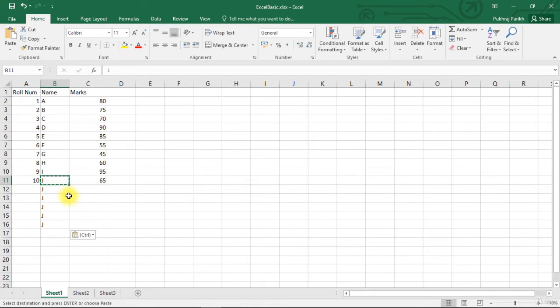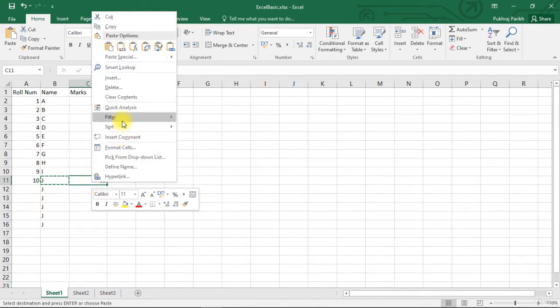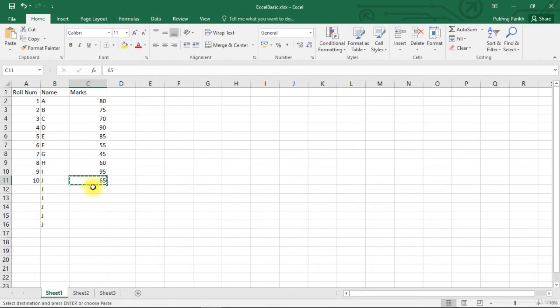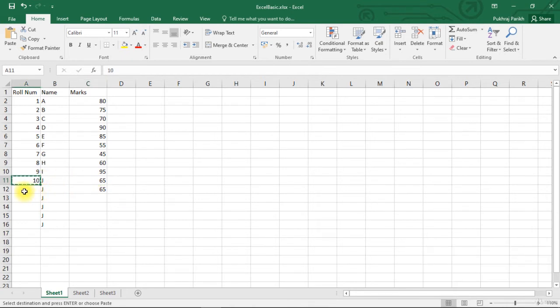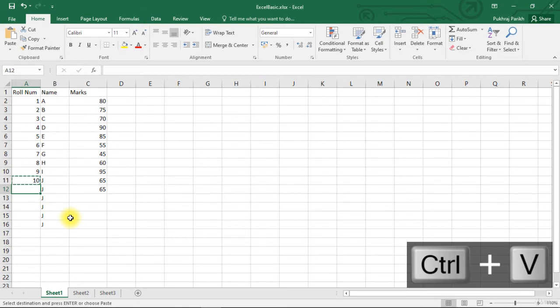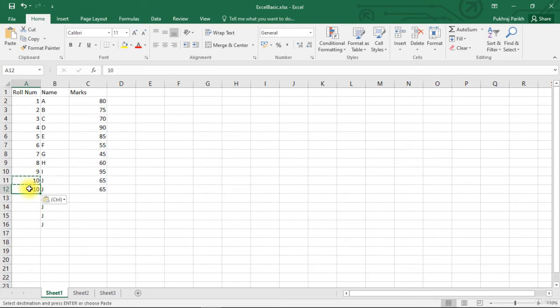Again, for copy pasting also there are 2 more ways. Either right click and select the copy option on the first cell and then right click and paste on the destination cell. Or we can again use shortcuts. The shortcut for copying is Ctrl+C, and you know that the shortcut for pasting is Ctrl+V. So now let's copy paste student roll number and marks in the blank cells.